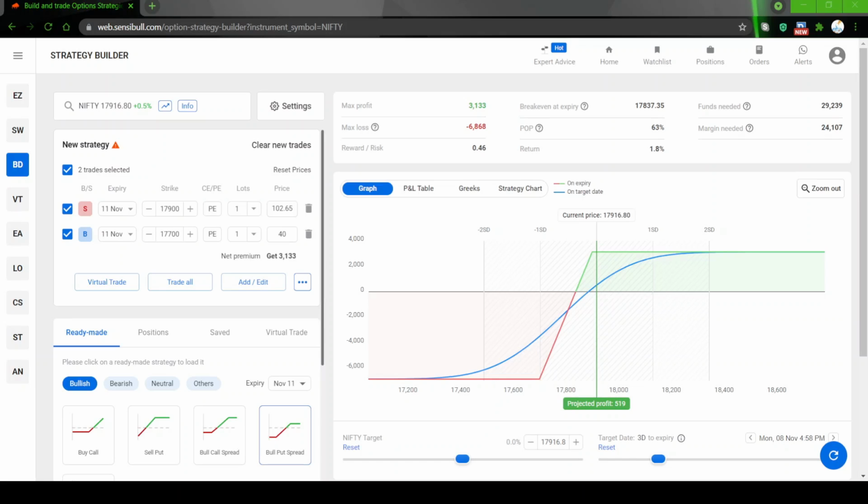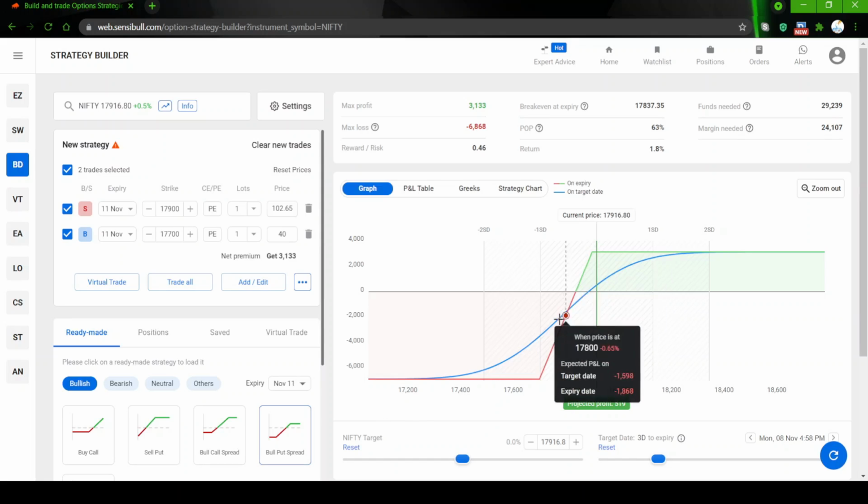Today we are going to talk about bull put spread. This is part of the vertical spreads series. What we are seeing on the screen is a bull put spread. Vertical spread I have already explained. So what is a vertical spread? A vertical spread is a different strike, same expiry. Either it is a put option or call option, meaning both options need to be the same. The bull put spread involves two put options.